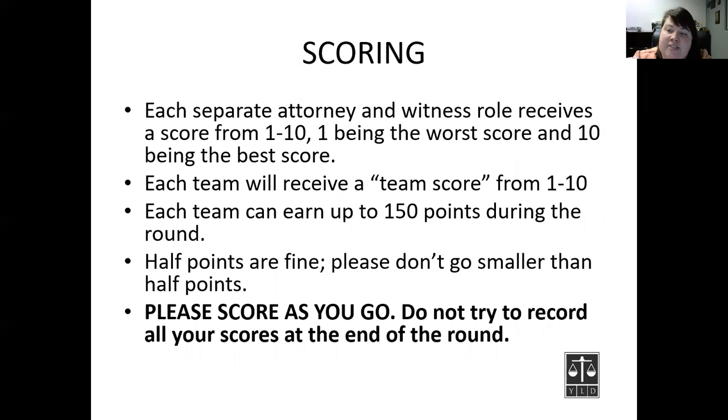For scoring, each separate attorney and witness role is going to receive a score from 1 to 10. 1 is the worst score and 10 is the best score. There is also a team score, which is a separate score at the end. It's not an average in any way. It is a score from 1 to 10 on how the team did overall. So things like organization, collegiality, how they addressed you as the bar, how they dealt with rolling with the punches,